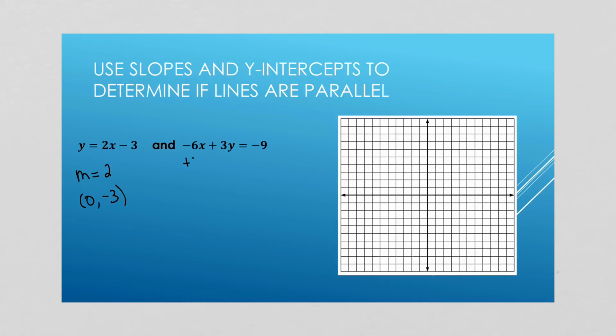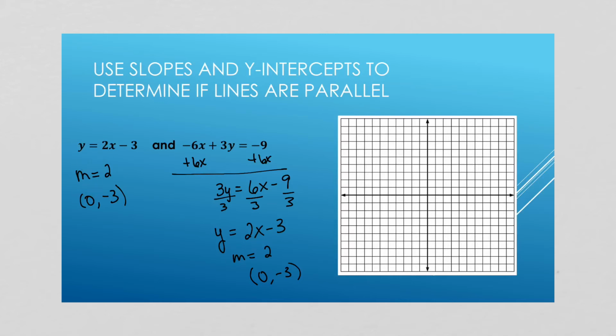So I'm going to add 6x and I'm going to divide by 3. Everything gets divided by that number. Okay, so I have a slope of 2